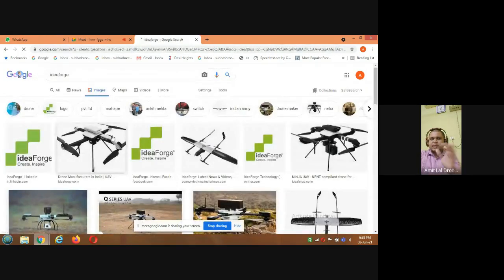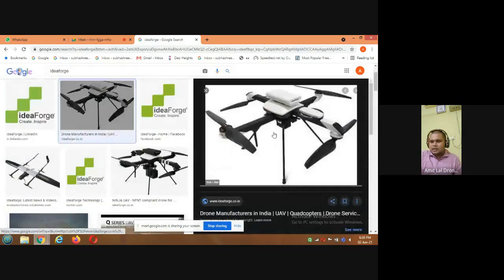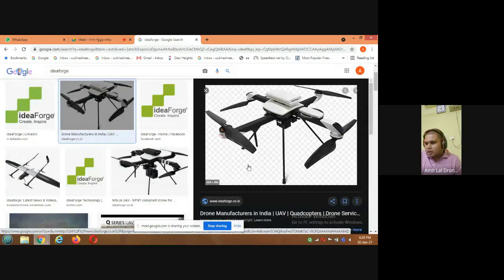Like one of the biggest manufacturers in India, and okay, this is another example. So it is a Ninja, and you can see two propellers to the bottom and two to the sides. So what happens is you have two types of configurations. One is a plus configuration, one is an X configuration. So in an X configuration, you need to keep your camera away from the propellers on both sides. But in a plus configuration, this is the only thing that is coming to the front.